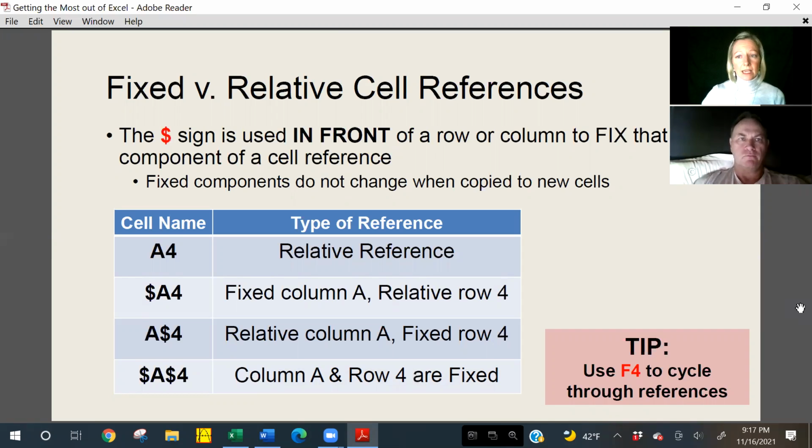So if that's the case, then what we're going to be needing to use is a fixed cell reference. Excel uses the $ in front of a row or a column to fix that component of a cell reference. So if you look at my table here, these are all different versions of cell A4. If I have no $, it's a relative reference. Any direction I copy a formula containing A4, it's going to update to accurately reflect columns or rows